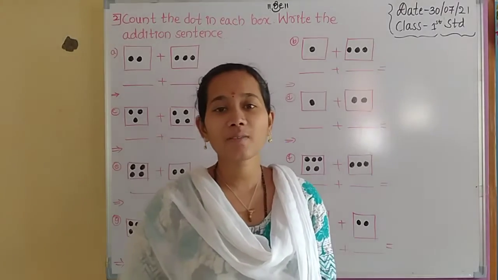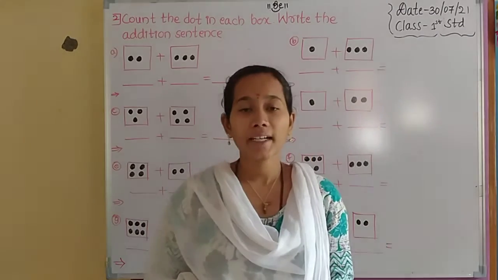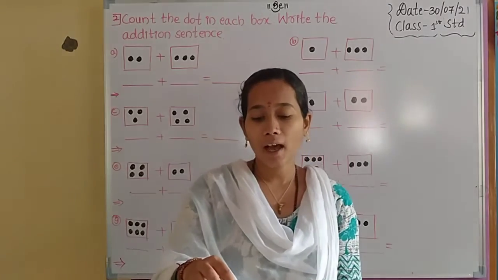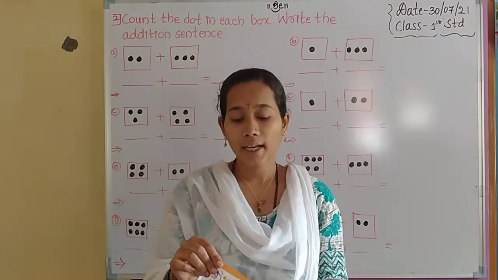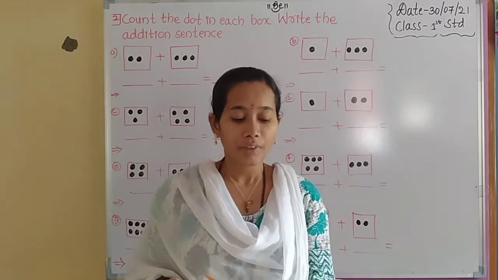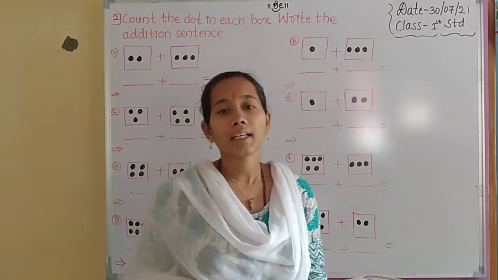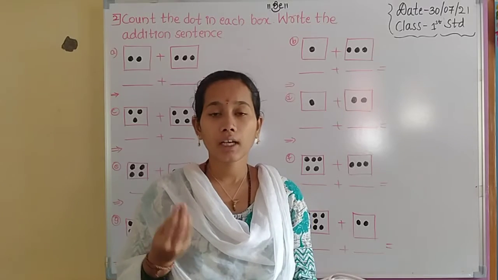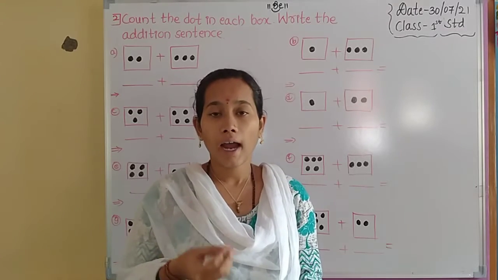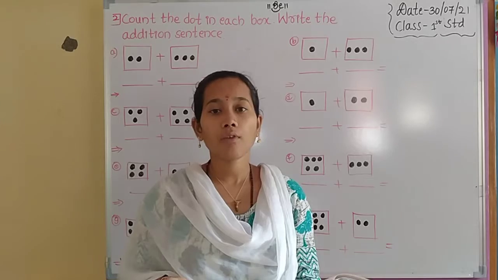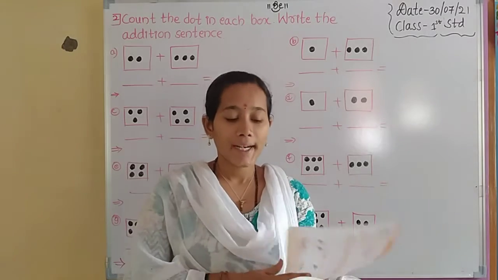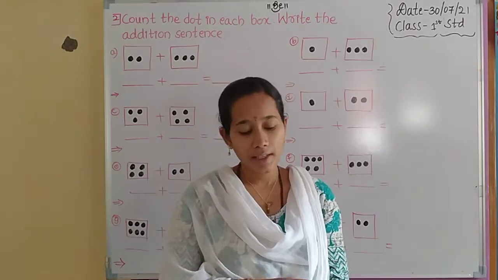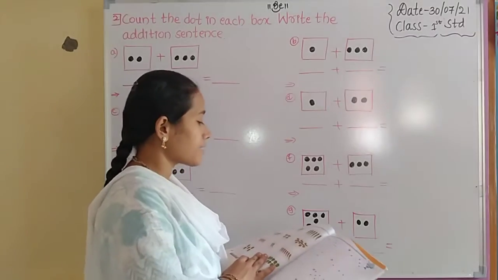Students, in the previous class we discussed the terms and the concept of addition, and today's topic is the exercise on that addition part. See, in addition there are a total of 3 terms: the first addend and the second addend. When the answer from adding those addends is equal to what? The sum of the addition operation. And here the plus sign is what? The addition symbol. So see the exercise part.